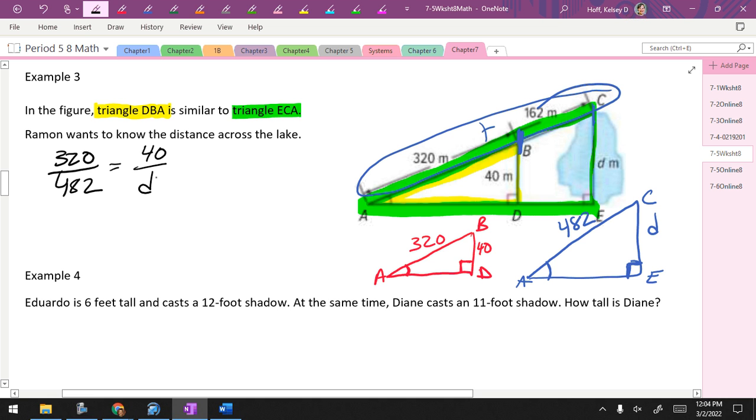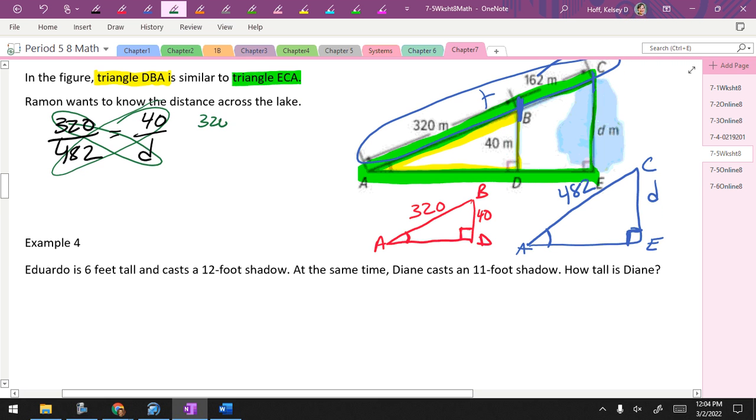Yes. Nicely done, Peyton. Now what do I do? Okay, everybody listening? Have I divided anything yet? People started doing weird division things, and then you don't know what you're supposed to do with that number. Cross multiply, butterfly. But show your work. Don't be lazy. What I mean by showing your work is write out 320 times D equals